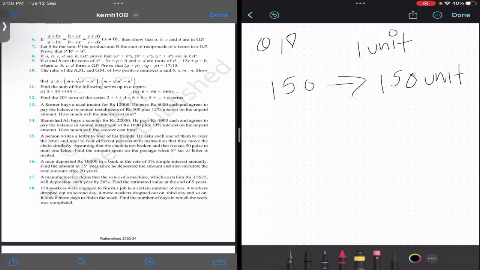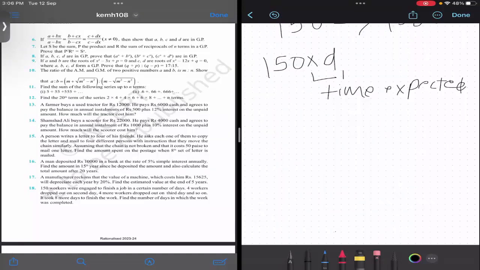Therefore, the amount of effort it took to complete the job is going to be 150 into D, where D is the time expected, right? However, we know that it took 8 more days to finish the job than expected. So 150D is equal to